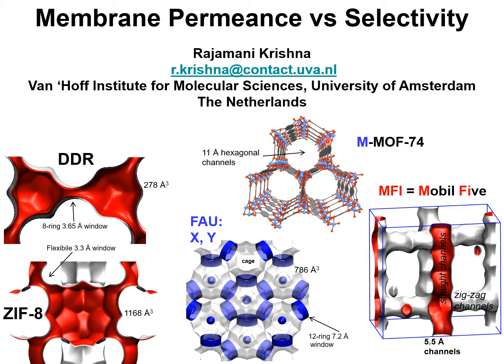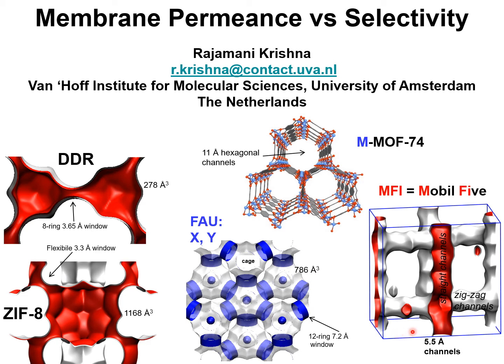We could have one-dimensional hexagonal channels of MOF 74, where M could be magnesium, iron, cobalt, nickel, manganese. Or we could have a set of intersecting channels and